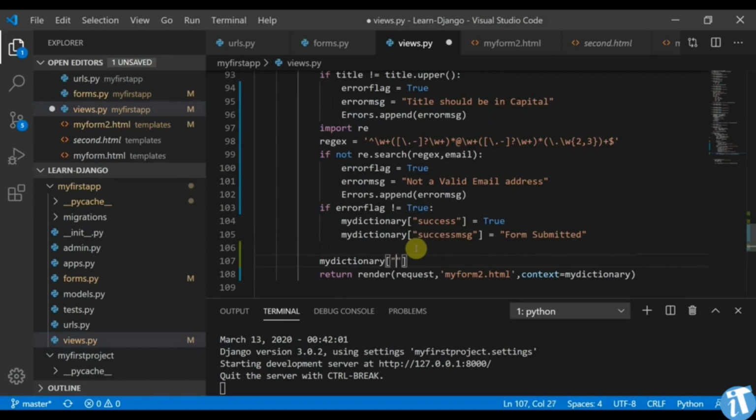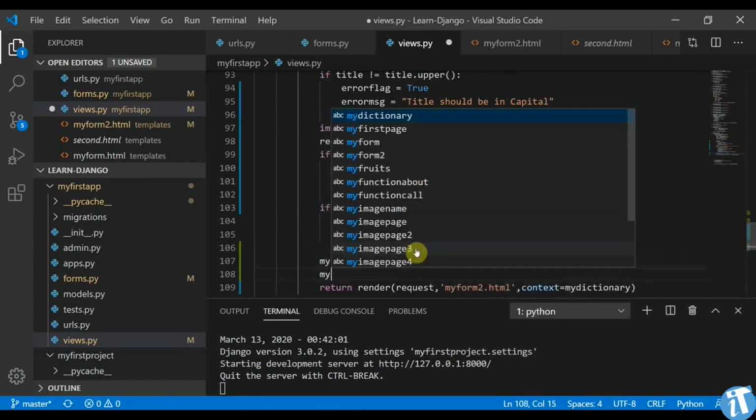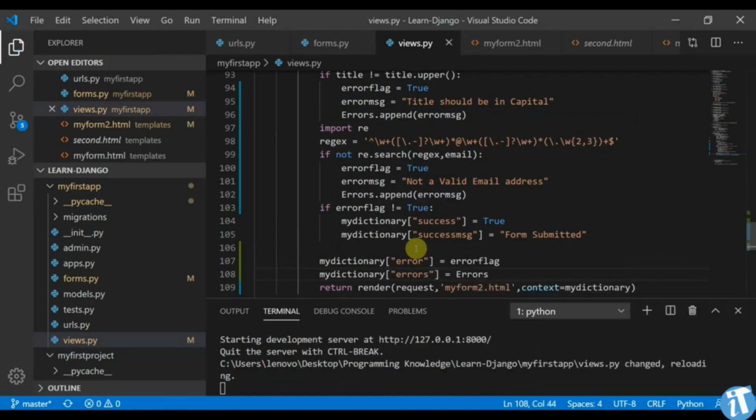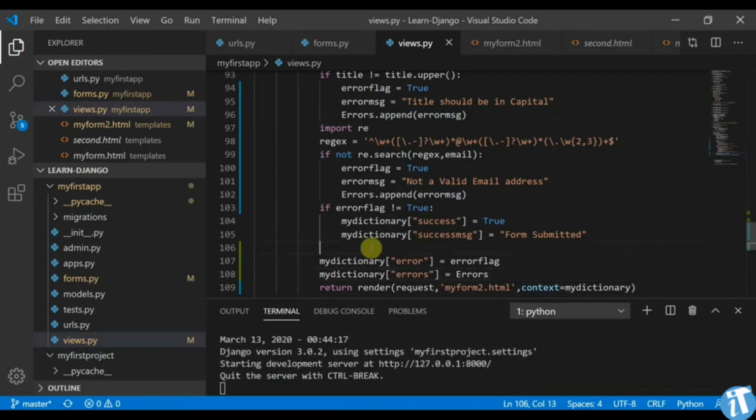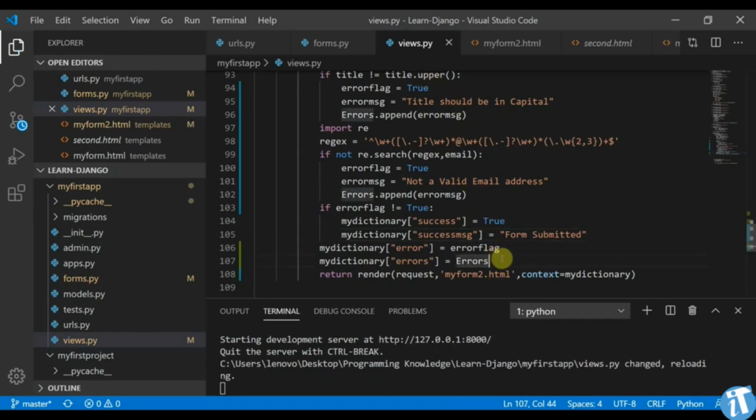My dictionary of error is equal to error flag, and my dictionary of errors is equal to errors. Okay, so this is fine. So now this would render my dictionary to my form2.html. Okay, before this what we can do,